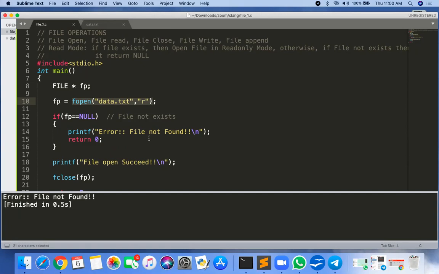That's why we require the address. Fopen returns an address, and we always store it in a pointer variable. So whatever address is returned by fopen, we store into fp, and fp should be of type FILE pointer only. Getting?